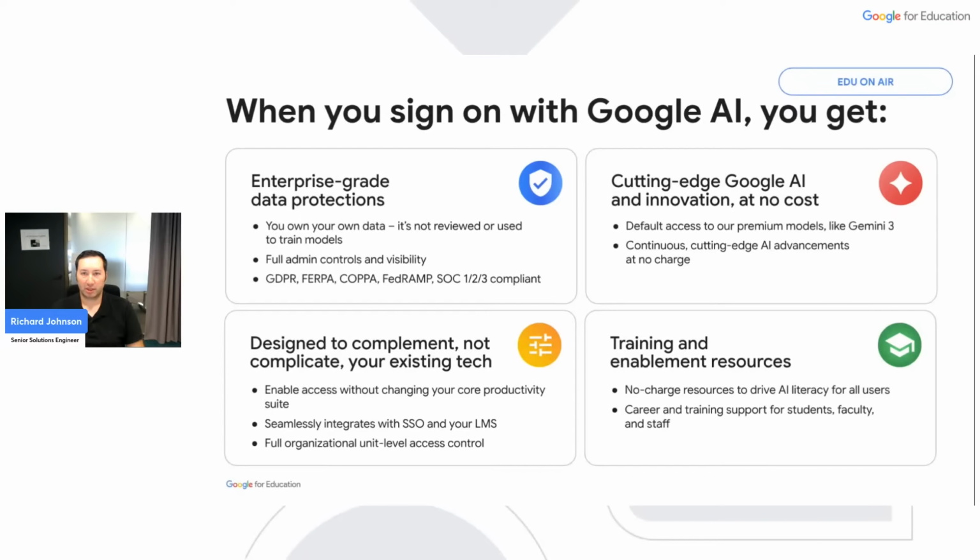Of the 4 points, if you remember anything from today's session, it's your secure AI partner that's fully compliant and doesn't train models. It's free and easy to turn on for registered educational institutions. We're going to meet you where you're at. And don't do this alone. We've got training resources available for you. If you're going to pilot this or launch it within your organizations, we can help you.